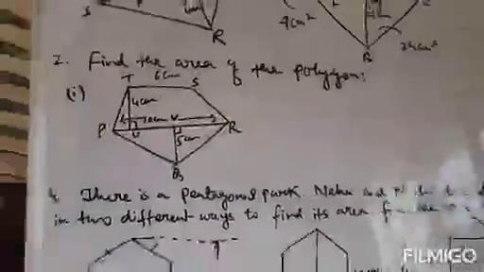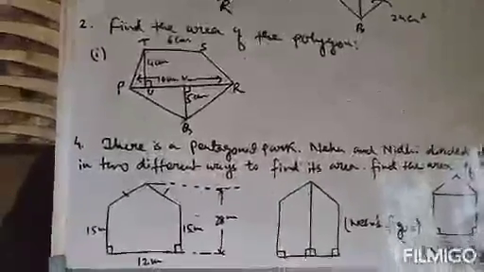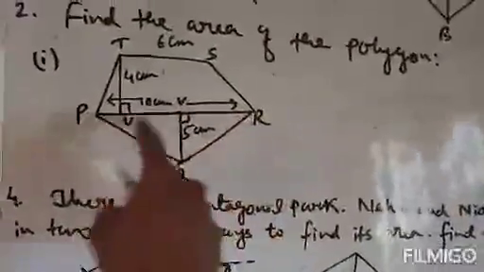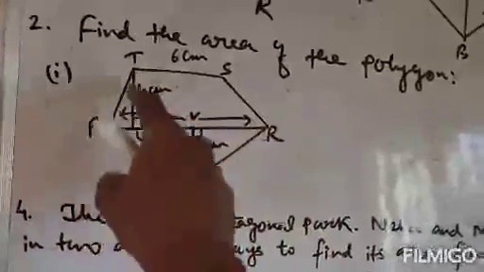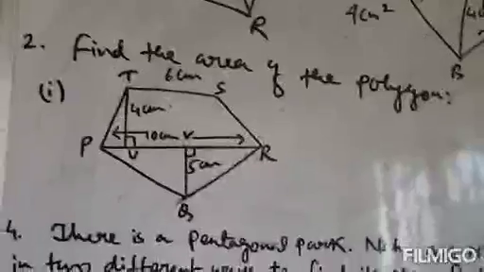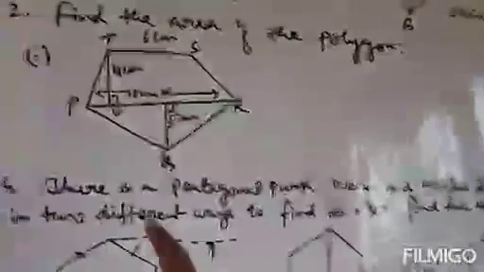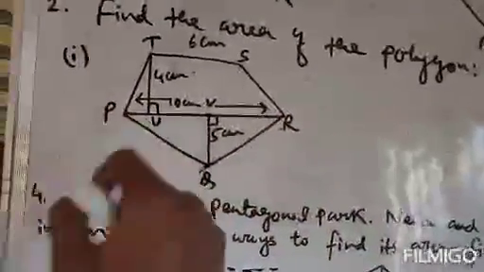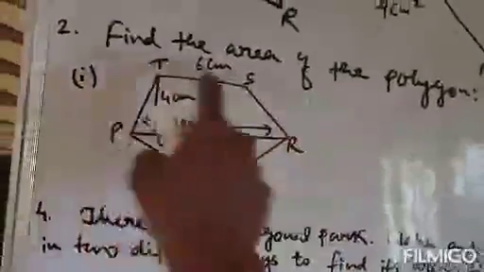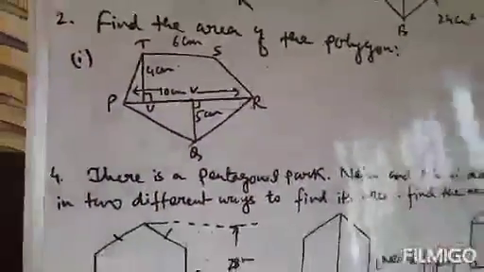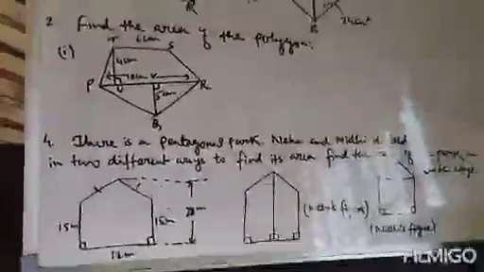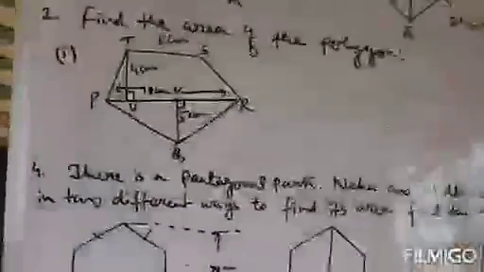We will find the area of this polygon by the same process. There are two methods. First, find the area of this large triangle, then the area of this small triangle, and then the remaining portion, that is the quadrilateral. That is method number 1. The second method is to find the area of this larger triangle and then this trapezium portion, that means TSRP, this whole trapezium, and then add the two areas to find the area of this polygon. Any one method you can choose.